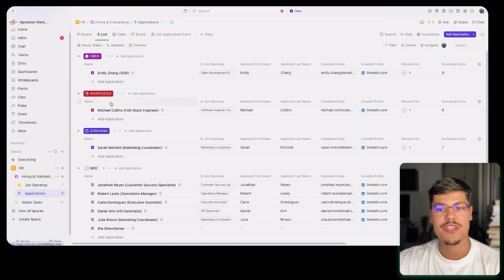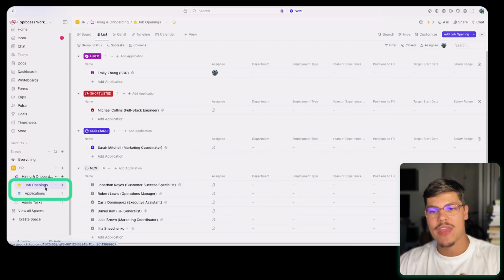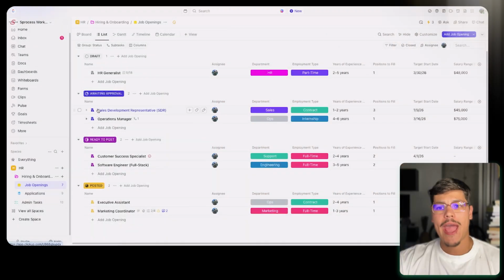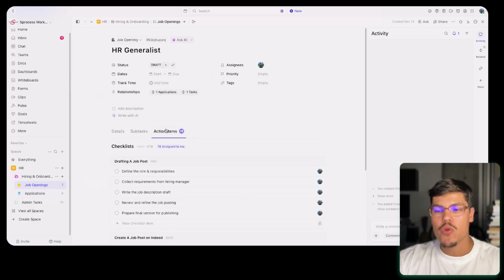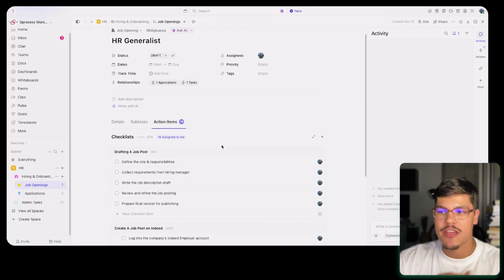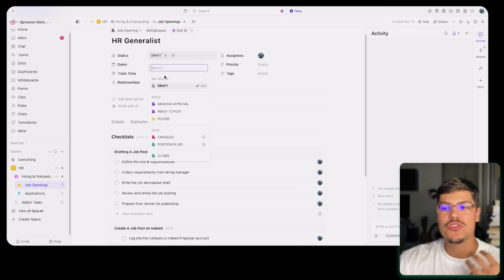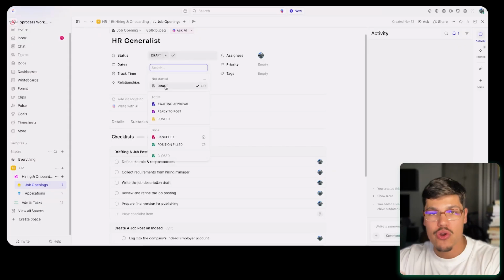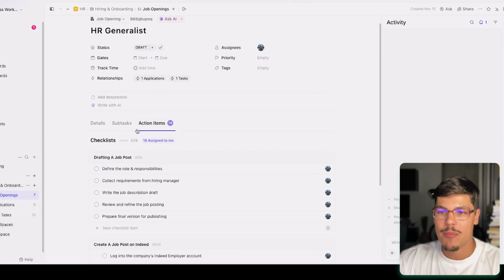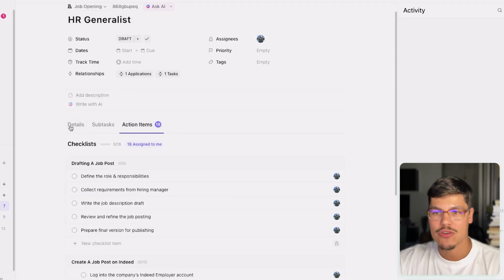For example, Emily, we received her application here. We also received Michael's application over here. So again, in this list, we're not tracking the actual tasks. We're tracking the deliverables, or the items that we want to keep track of or manage throughout the hiring and onboarding process. The action items come in very handy when you want to describe and, again, give more tips on how to complete each stage and how to deliver this deliverable to your customers or to the stakeholders. In this example, if I navigate and open the task, in order to create an action item,